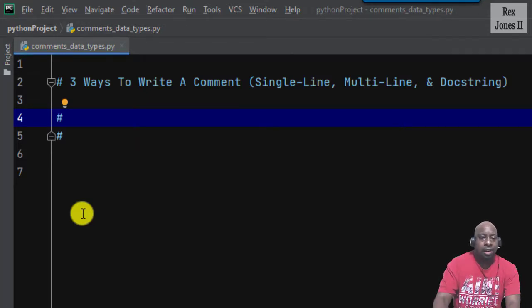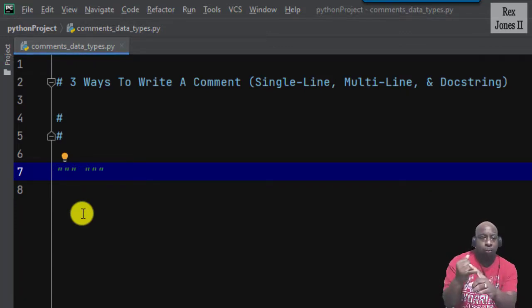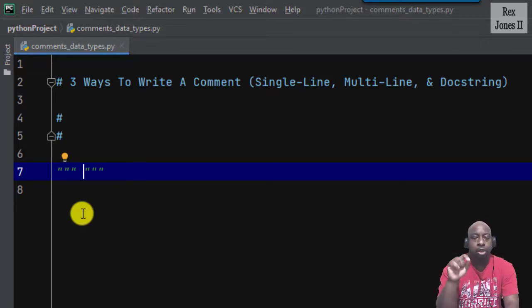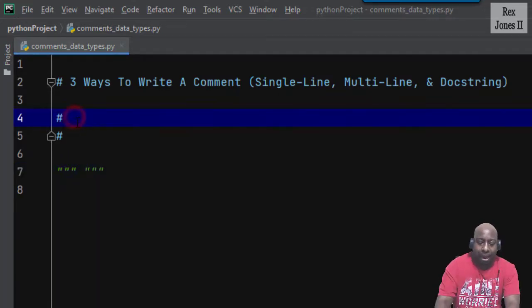We write the double quotes 6 times and a note after the 3rd double quote. A docstring comment is used to describe a module, function, or object. It's common practice to start a Python program file with a few lines of comments to describe the purpose of the file. When it comes to the data types, Python